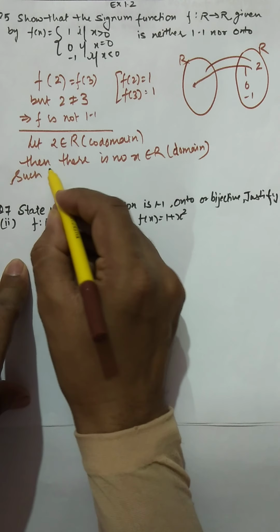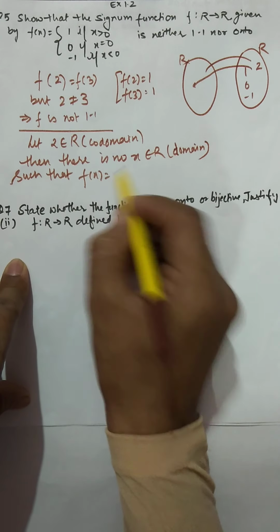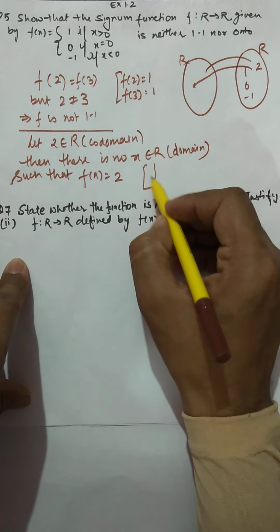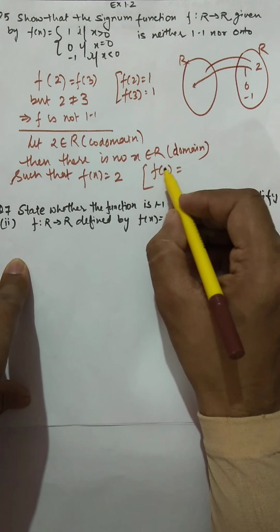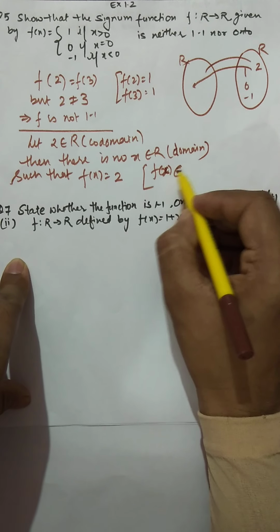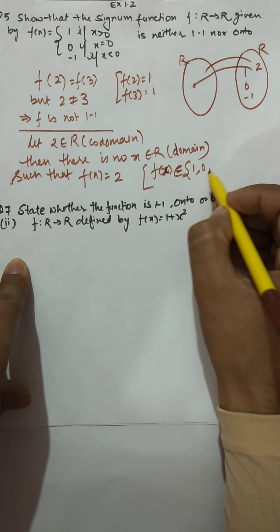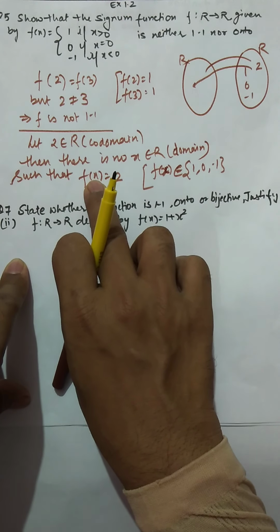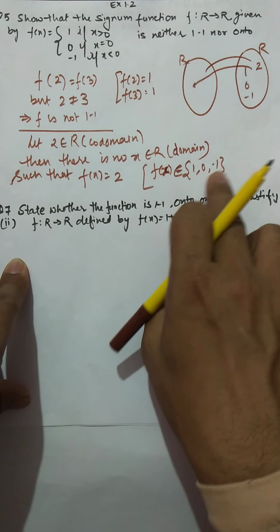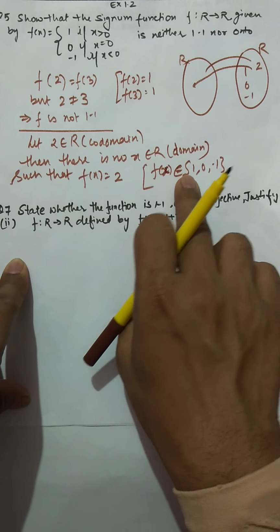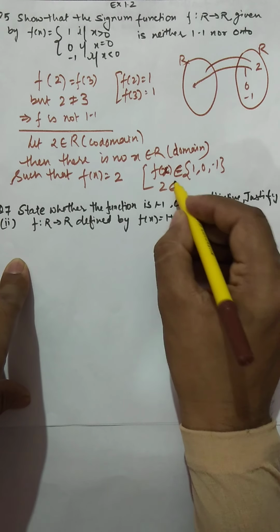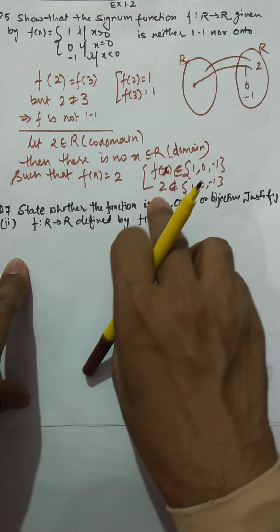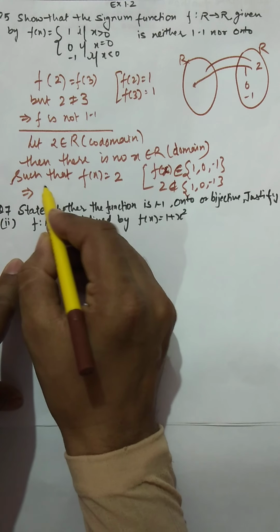such that f(x) is equal to 2. You can mention here also the reason that f(x) is going to belong to this set 1, 0 and -1. But this RHS side is 2, which is not matching with these numbers, so you can simply say that this 2 is not belonging to 1, 0, -1. So it simply means that both elements cannot be the same. So here we write that f is not